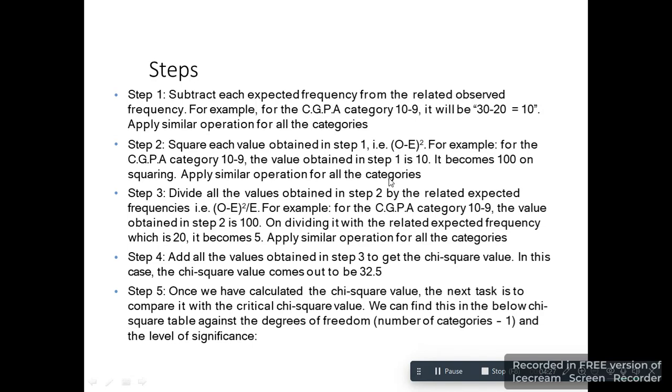The next step is to divide the values obtained in step 2. The value obtained in step 2 is 100. In step 2, you divide by the expected frequency, that is (O minus E) square upon E. For example, for the CGPA category 10 to 9, again 100 you have to